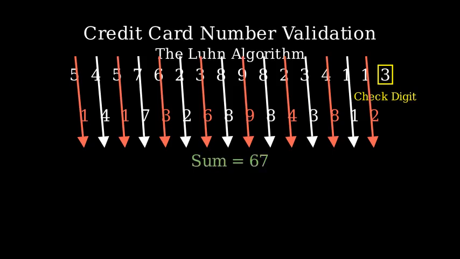Step 3. To find the check digit, we look at the ones digit of our sum. If it's 0, the check digit is 0. Otherwise, we subtract it from 10. In our case, we subtract sum_digits % 10 from 10, giving us 10 - (sum_digits % 10) if sum_digits % 10 is not equal to 0, else 0, as our